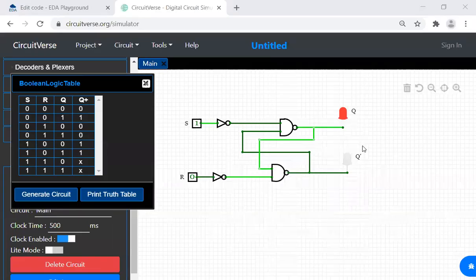What happens in this latch is, you can see that the circuit is responding only when the input is changing. So the output of these latches, we can tell that they're asynchronous.